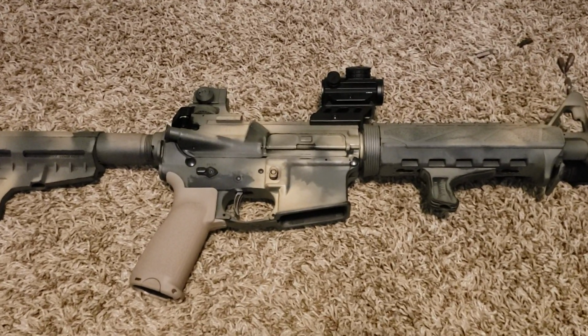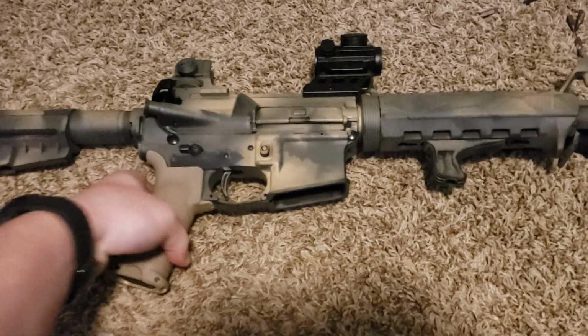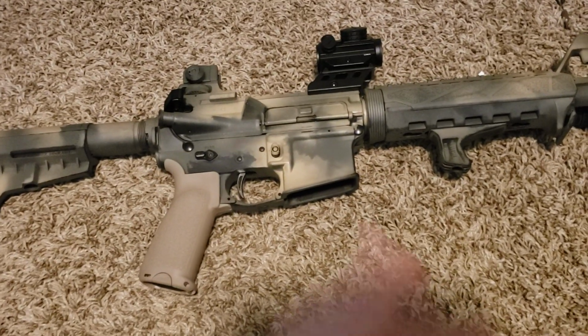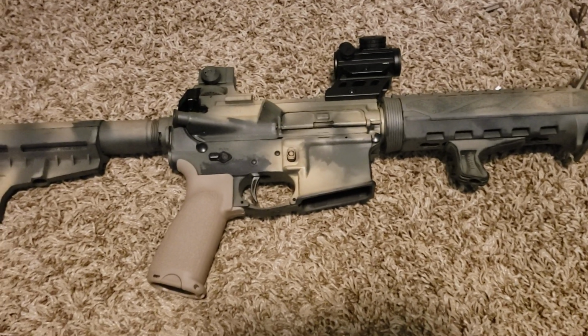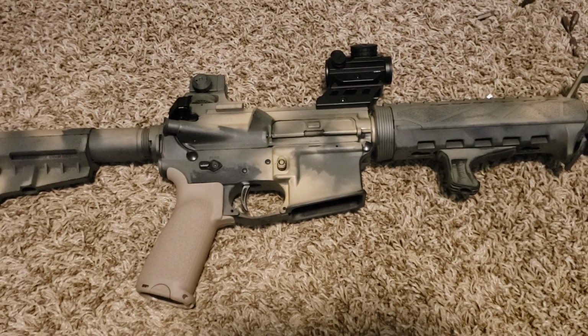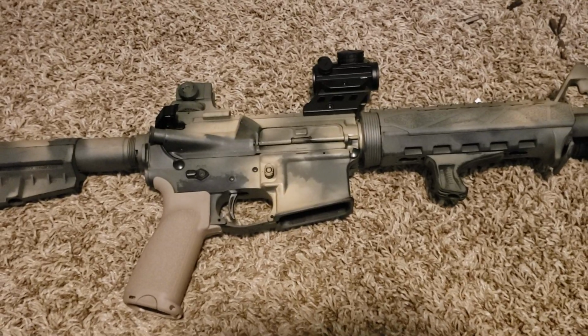But anyways, to start off, I'll go ahead and introduce my truck gun. It's just kind of a cheapo, so that God forbid if it does get stolen, I won't be out $1,000. But yeah, let's go ahead and kick it off. From muzzle to butt,